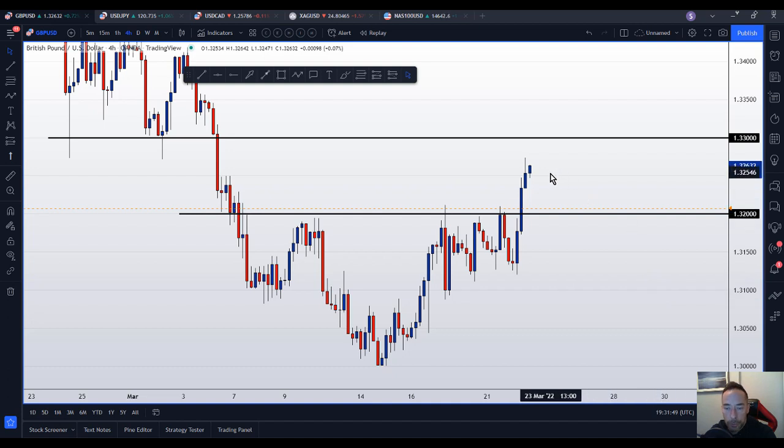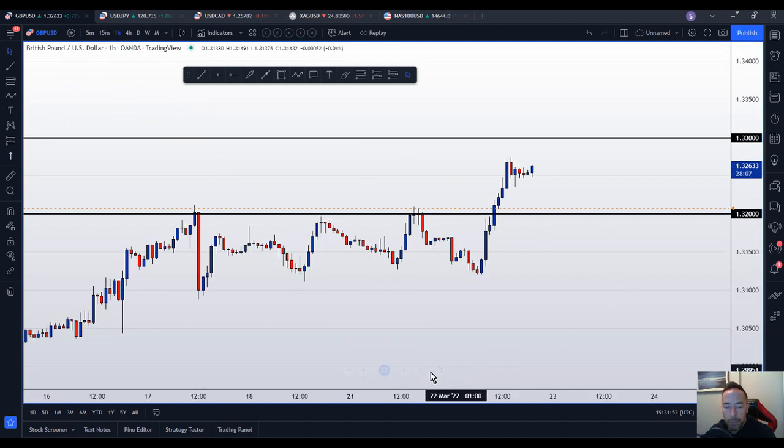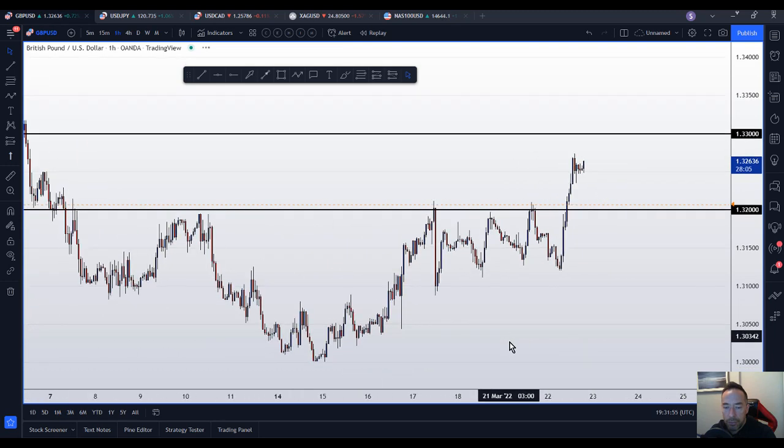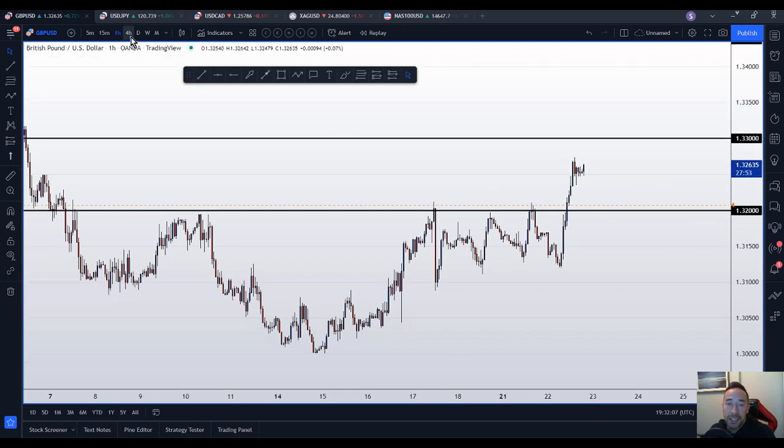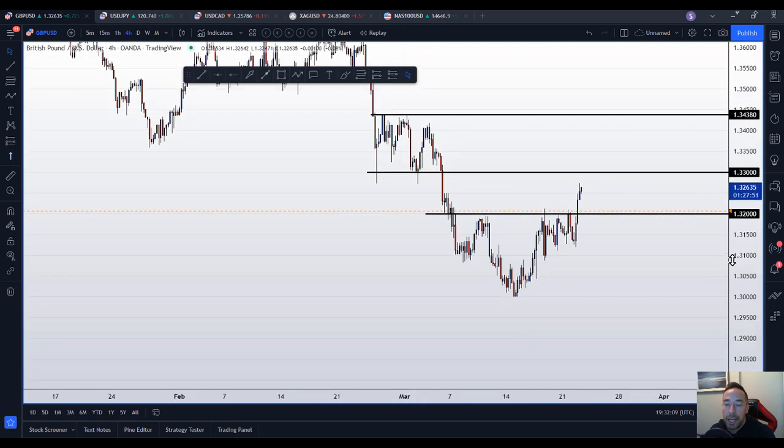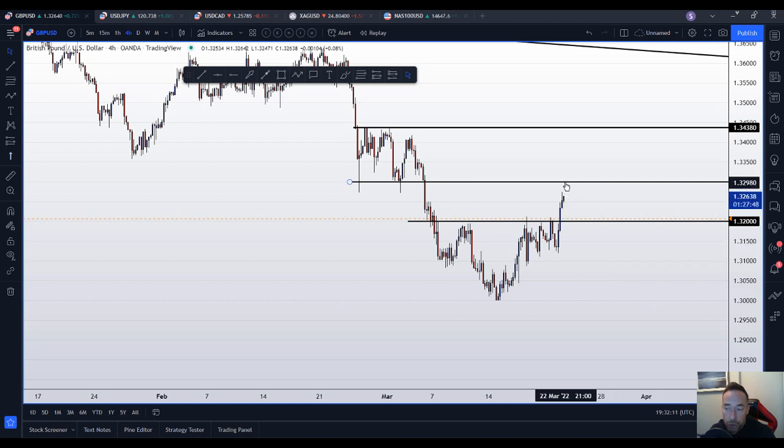So I'd be looking for a smaller time frame. This is the 4 hour. I'd be looking on the hourly. I'd be looking for that pullback into 1.32, and then looking for a morning star pattern potentially, and then trading that. Now that's the ideal situation. It might not happen. We might just simply go straight up to 1.33. Now we don't know, but if that does happen, then so be it.